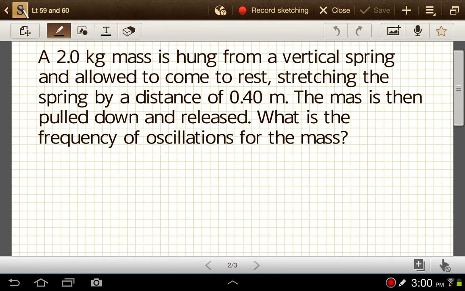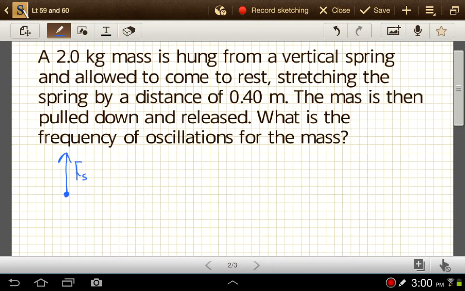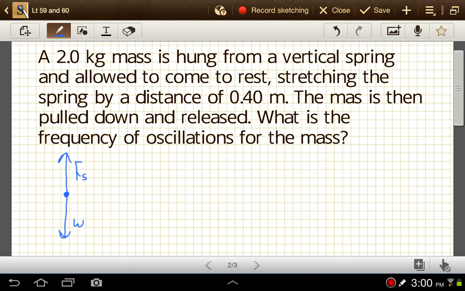So that mass is hung from a vertical spring, and it stretches it a distance of 0.40 meters. So when we think about the mass hanging from the spring, we've got the spring force upward, and we've got weight downward, which is going to be the same as mass times acceleration of gravity. Now these two forces have to be equal to 0 because that object comes to rest. So our spring force minus mass times gravity has to equal 0. So spring force in this case is going to be 2 kilograms times 9.8 meters per second squared, or 19.6